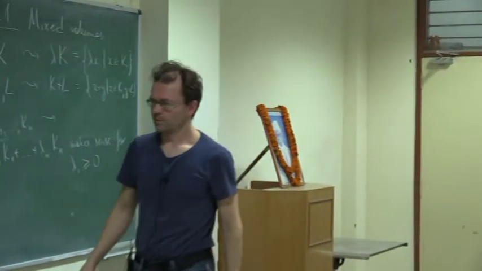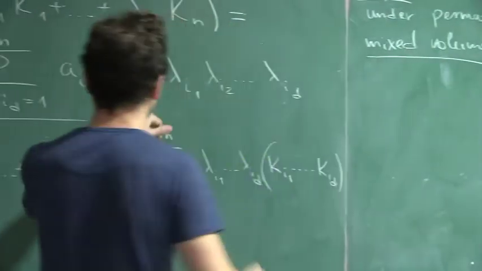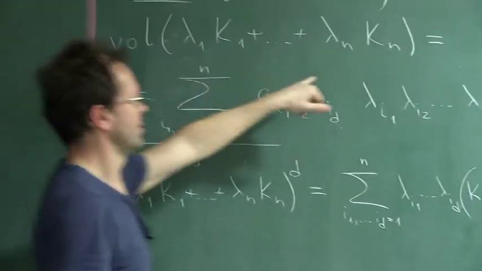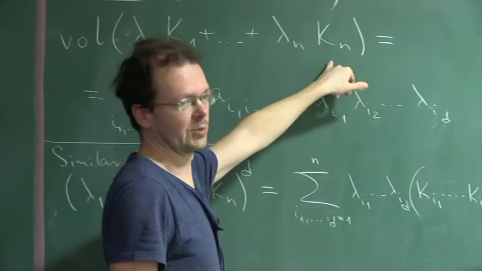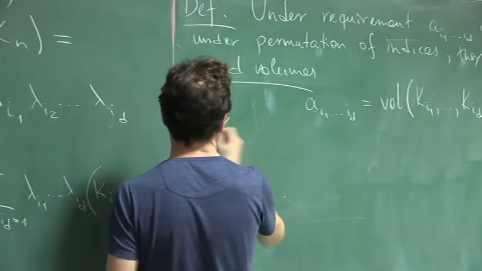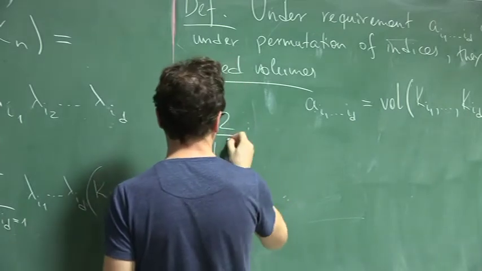Good. So in this case, d is the dimension, and it's always fixed, and n is variable. n can be any number. It can be smaller than d, or it can be bigger than d. One special case is n equal to 2, and in this case we have the volume of